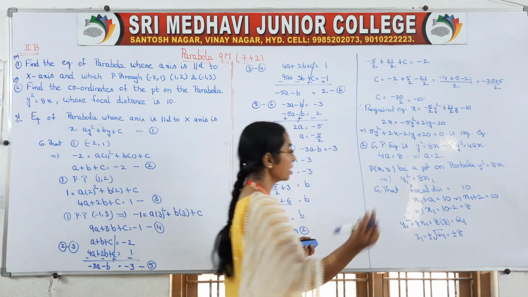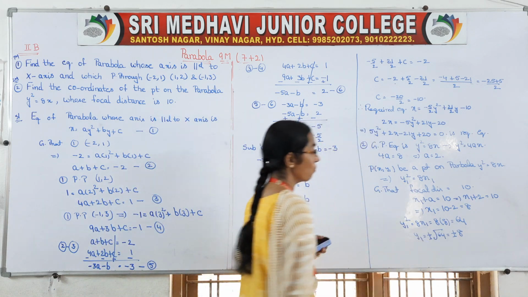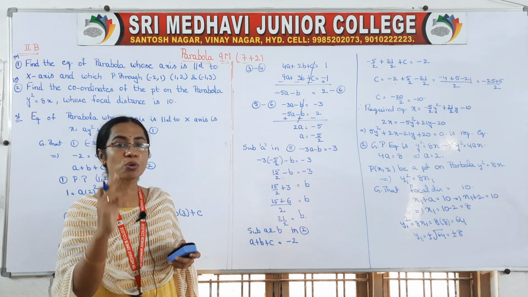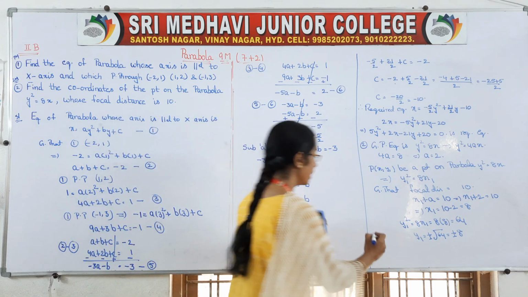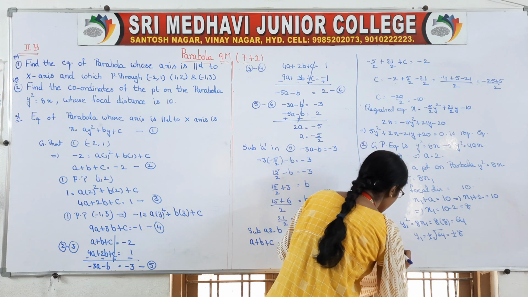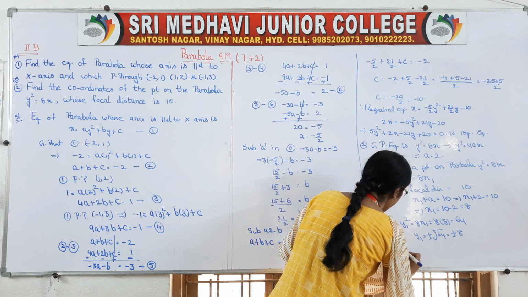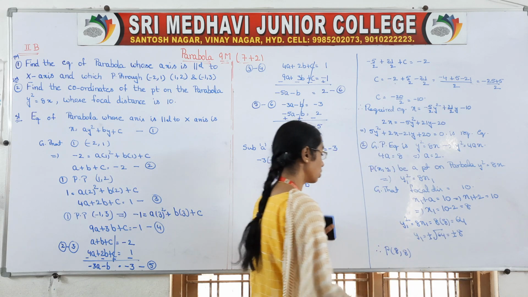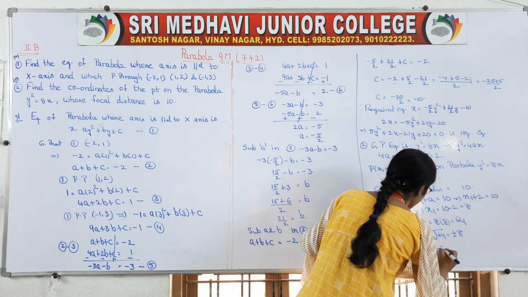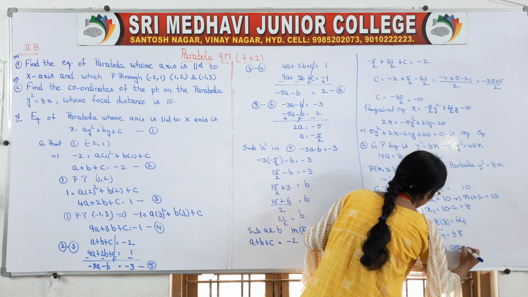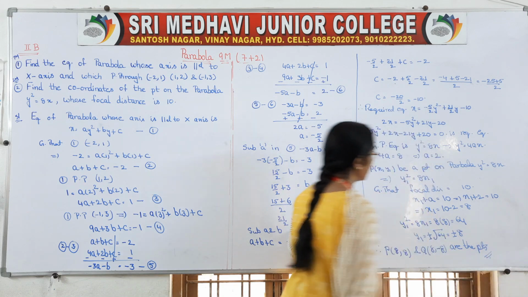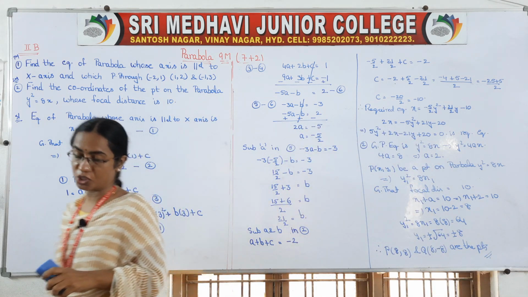Okay, so you got your x1 as well as y1, but for y1 we got 2 values, so there will be 2 coordinates, right? Therefore, P first, x1 is constant. What is that? 8, and y1 we got 2 values. What is that? P is 8 comma 8 and Q is 8 comma minus 8. These are the required points. This is your 2 marks question.